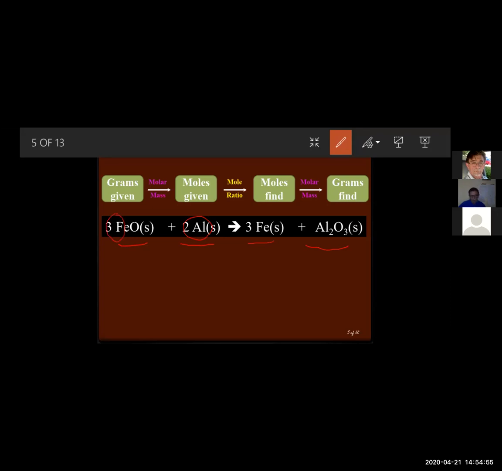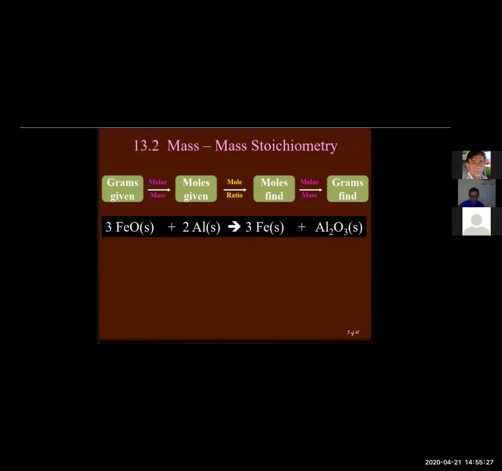And then the next question you ask is, is that the most reactive metal in compound form? No, it's not. It's in elemental form. So therefore, this reaction proceeds as written. This is a single replacement reaction. Now you balance it and you end up with the ratio: 3 iron(II) oxide for every 2 aluminum, which gives me 3 iron and 1 aluminum oxide. That's our stoichiometric relationship.